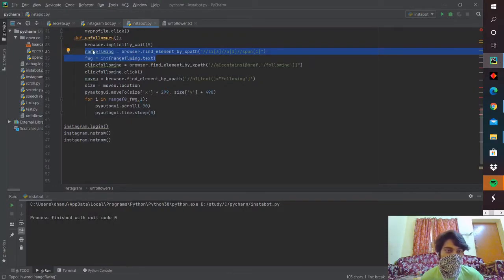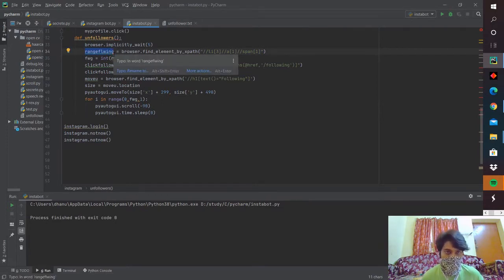So I've just taken the amount of following with this function. So I'm using the same way of getting the XPath. And now, this is the variable name here, right? So XPath are not exact variables. It's actually a code. So you need to just change it into normal text. So this is actually changing it into a normal text.